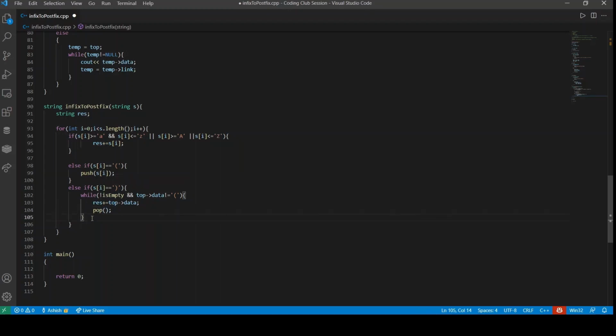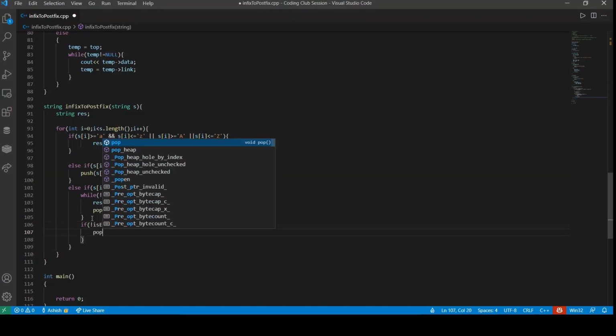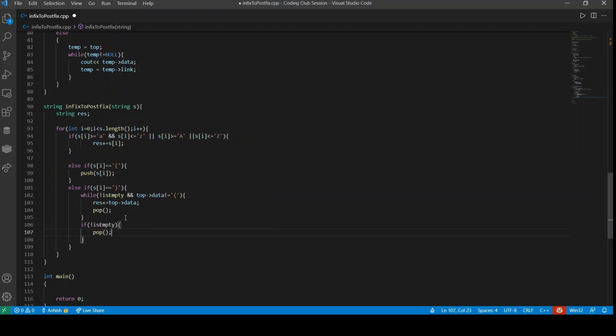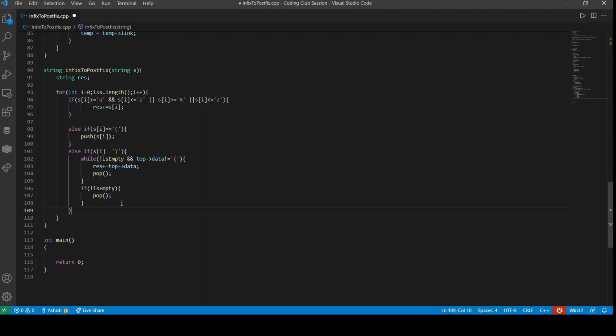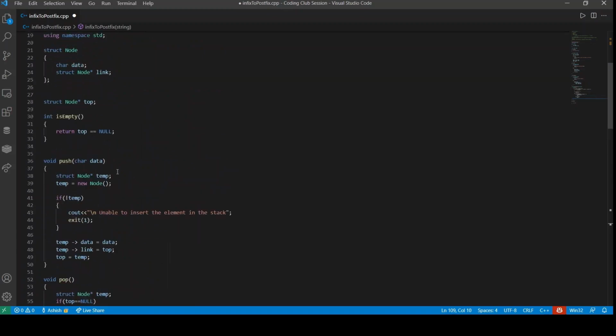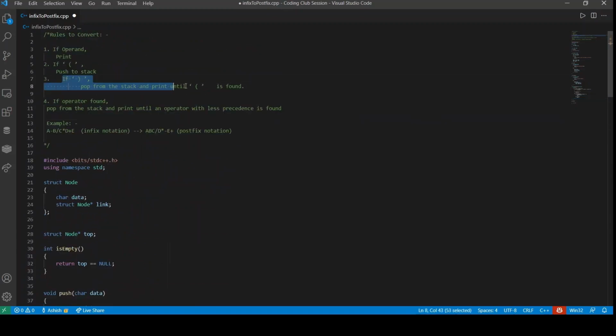After that, we also have to pop out the opening bracket: if the stack is not empty, we call the pop method once again so that the opening bracket is also popped out. So this is the condition for the third rule, and the third rule is done.